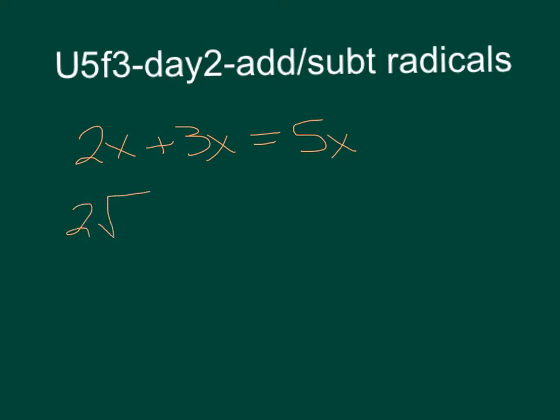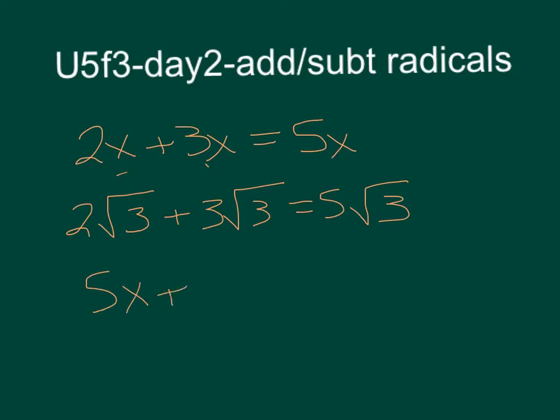If I have 2 square root of 3 plus 3 square root of 3, you notice the radicals are the same. I can add the coefficients. 2 plus 3 is 5, and the square root of 3 doesn't change, just like the x didn't change here. Okay? And if they're different, so if I have 5x plus 7y, I can't combine those because they're